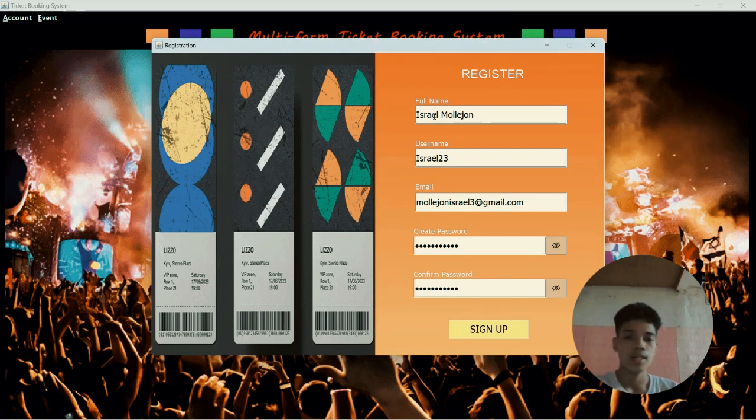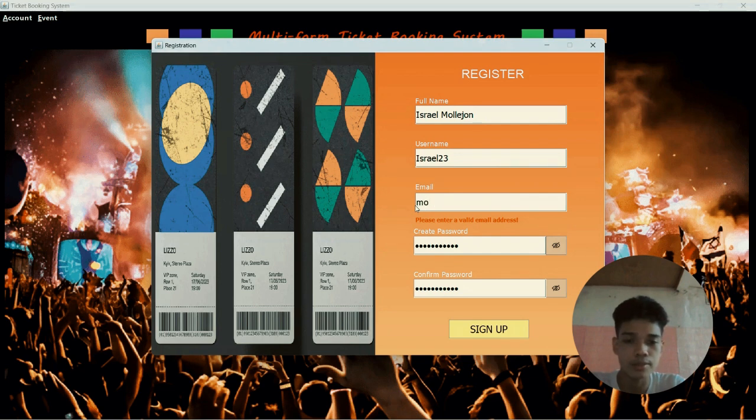In every field, we have error correction. As you can see, for example, if I type something here that is not an email, it shows an error below that we need to enter a valid email.